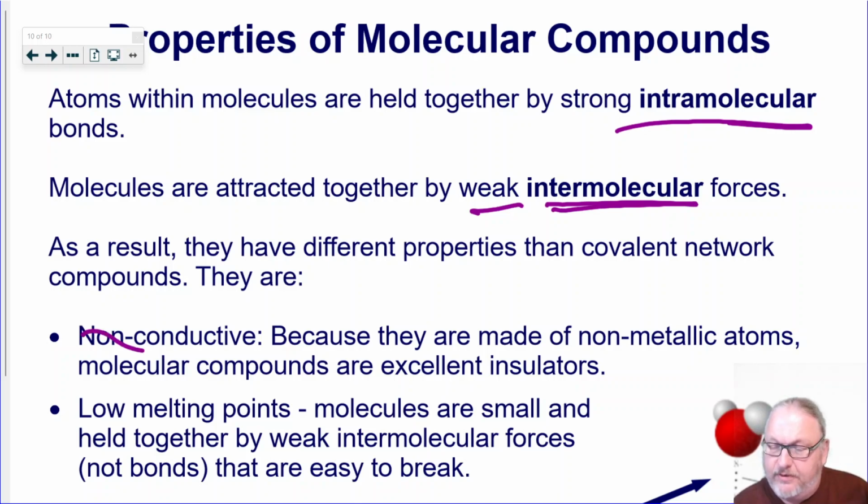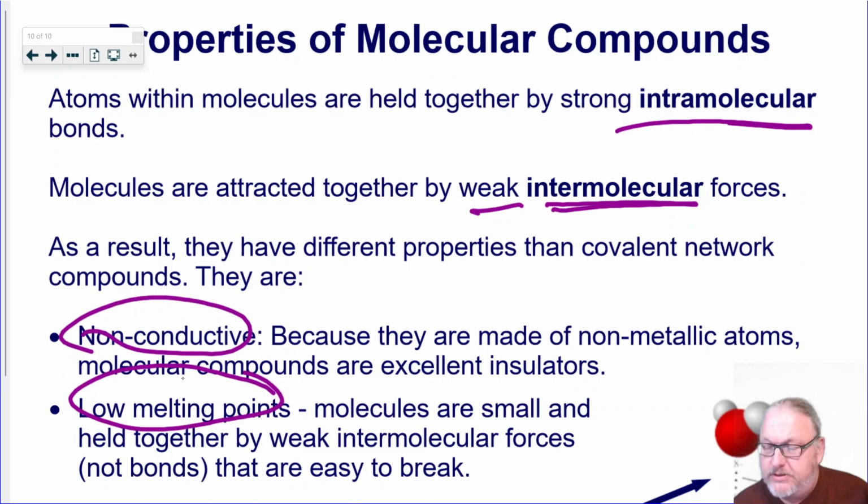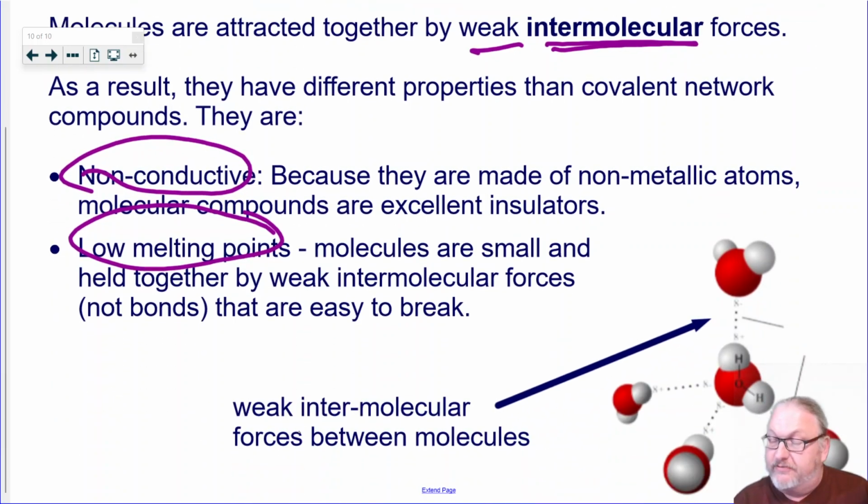Most of them have low melting points. The molecules are very small. They're held together by weak intermolecular forces. They're not bonds, and these are very easy to break. So this is a bunch of water right here, right? Those dotted lines represent the intermolecular forces. The intramolecular forces are these 2 hydrogen atoms being held together to that oxygen atom, the ones inside the molecules. All right, so